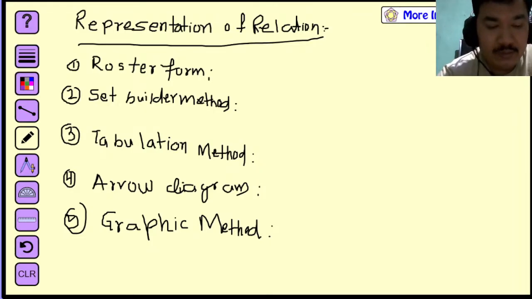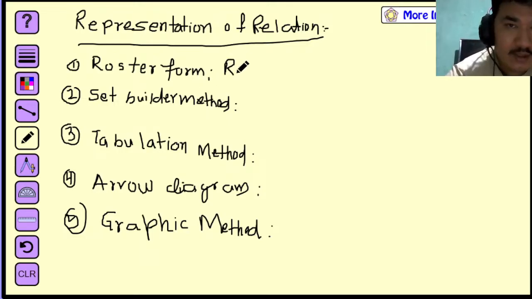Okay, children, now look here. I am going to show you one example for each representation. Look, in this method we write like this. Here is the relation, R written like this. Okay, suppose there is given R equals to